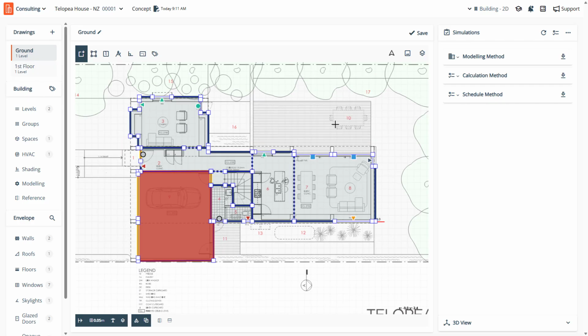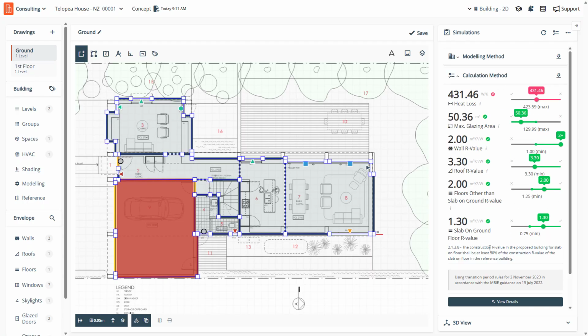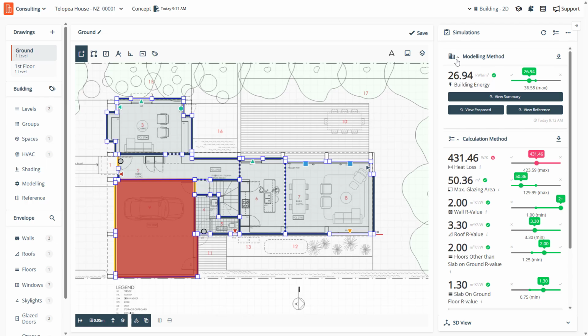And in some cases, you're going to find that there is additional context that is provided through VM1, for example, such as overheating, that you can confidently talk to because you've got a model that has done the work. If you're just leaning into the calculation or the schedule methods, they're arguably going to ignore some fundamentals around design, particularly to do with the performance of glazing and solar control. So even if you're fully intending to just do the calculation method, just bang the modeling method as well, because it's going to give you